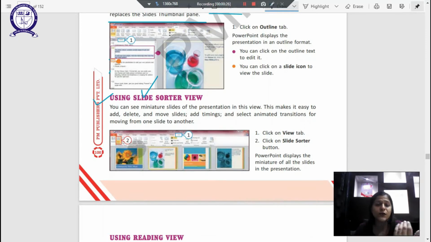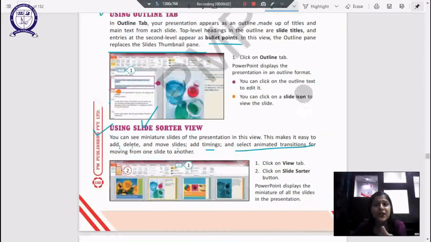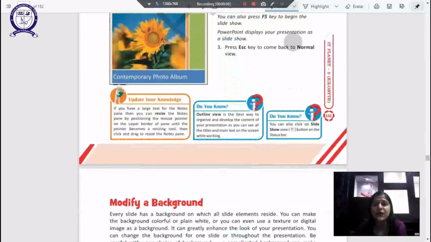In the slide sorter view, we can rearrange our slides, so it is very easy for us to add, delete and move our slides, add timings and select animated transitions for moving from one slide to another, because it gives us a very cascaded view. We can see all of our slides. For example, if we have 20 slides, we can see them all at once, right?